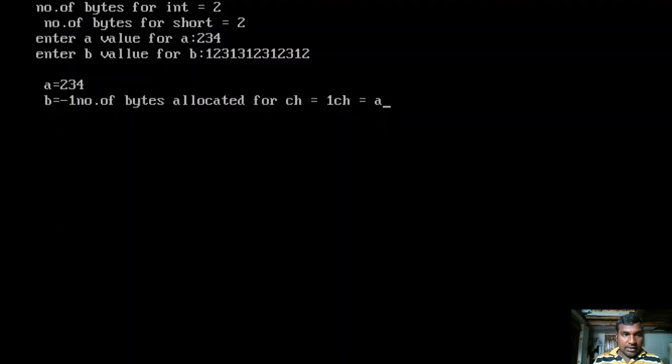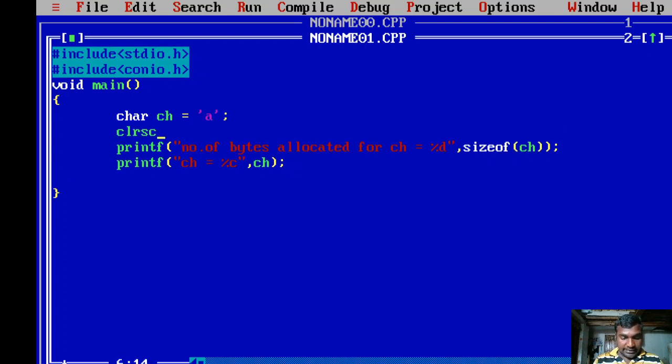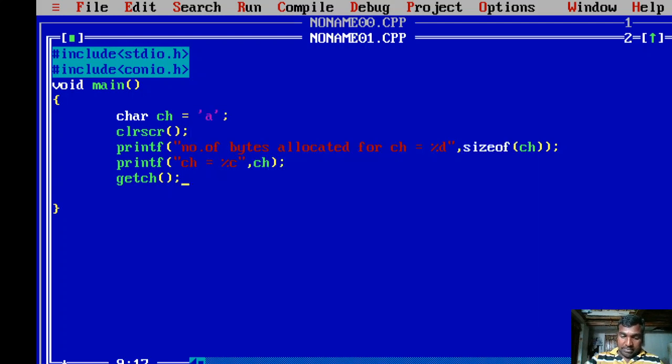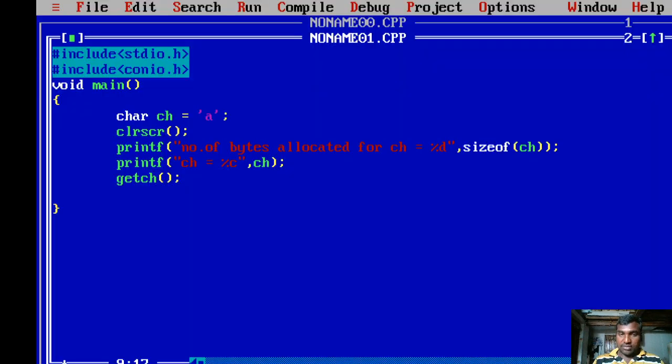Let us erase the already existing output, and we can use the getch function to view the output directly after executing the program. I am compiling the program by pressing Alt F9, and executing the program by pressing Ctrl F9. The number of bytes allocated for ch is 1 and ch is equals to a.